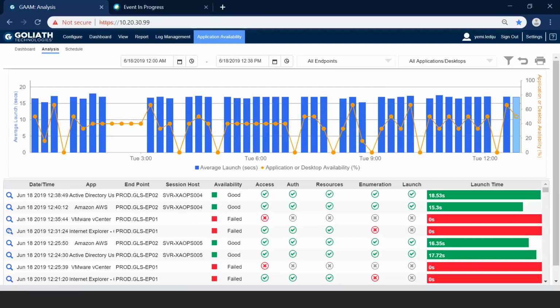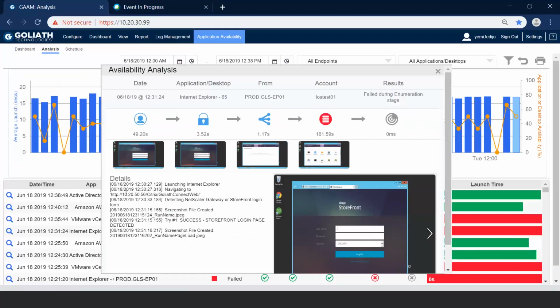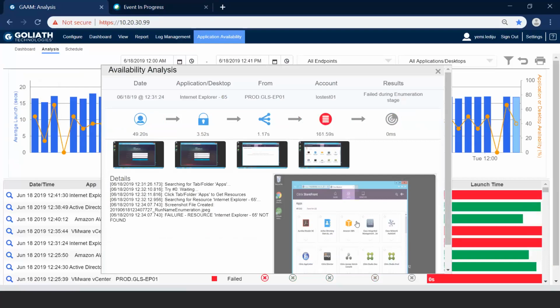And if it did fail, like in our use case, you can actually drill down in here and see screenshots, the same way everything represented in that video, with screenshot evidence here at each stage of that launch process. So you can see the authentication stage, the storefront enumeration stage, and application enumeration stage. In this particular example, very similar to the use case for this nonprofit Epic Hospital, the application was not enumerating